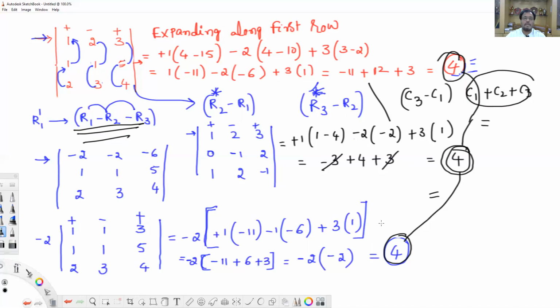So this property, we have to prove this, and I think you have understood this one. And if at all you want, you can do it in a different way. Overall, mathematically you can do any operations on the elements, rows and columns. The value will never get disturbed. The value remains the same. You can do this.